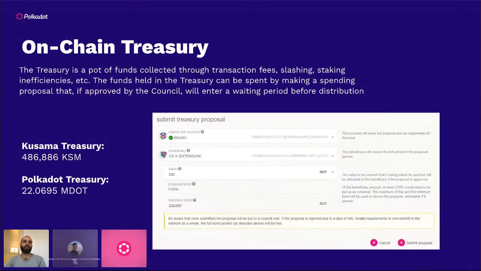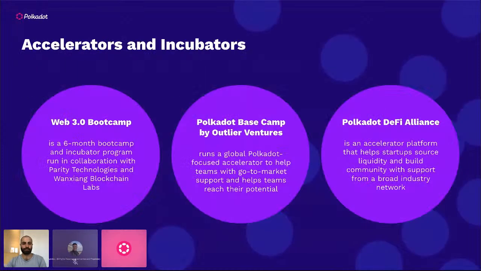And then also there's the on-chain treasury, a form of funding that's fully on-chain. Your proposal goes through a governance process, and if the DOT token holders, the community, see your idea as something worthwhile for the on-chain funding, you can also go for funding through the treasury that's on-chain.